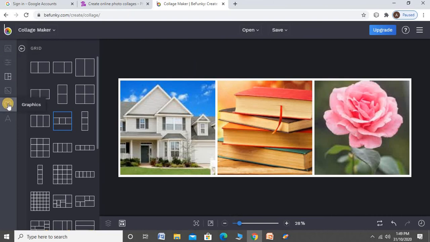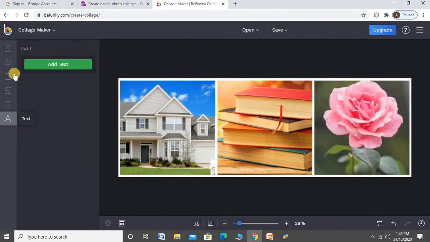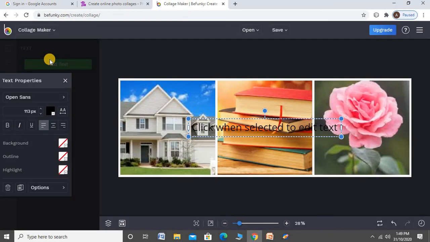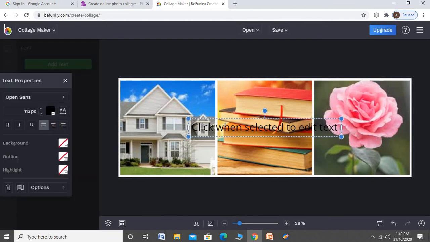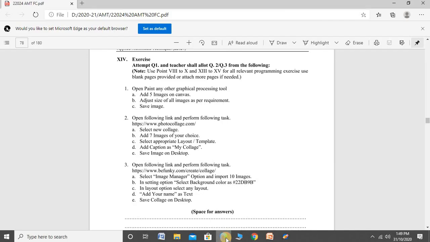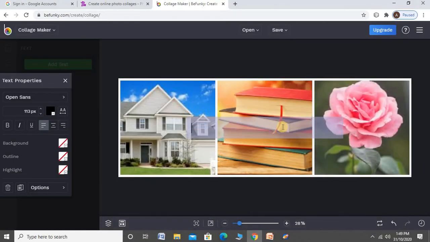After that, give any background or add the text on that side. What does the question say? Add your name.